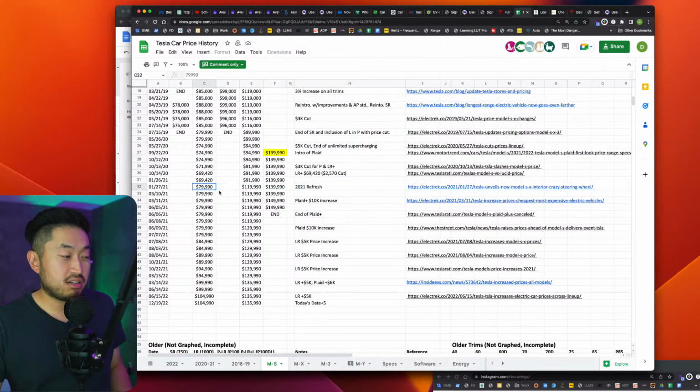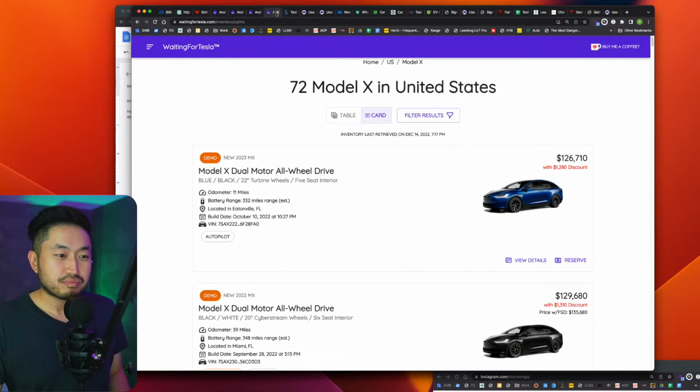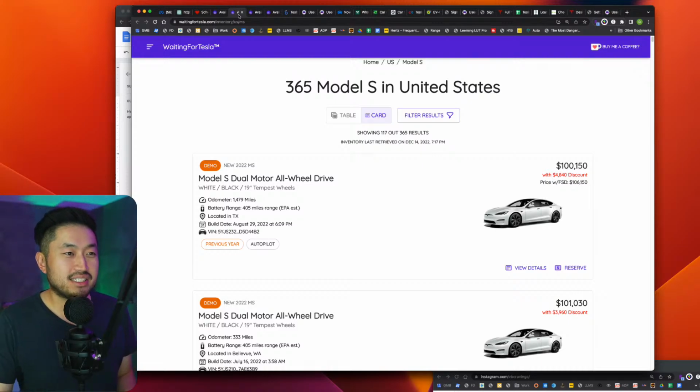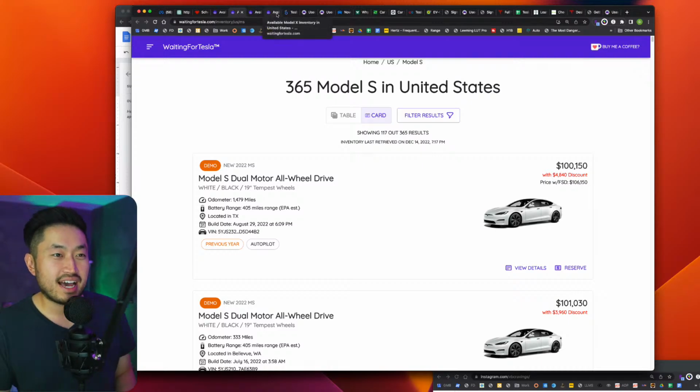So you could essentially get a base Model S for $80,000 plus taxes, tags, and fees, and it was definitely possible to do that. You could put your order in the queue and be on your way. But there's a lot of inventory. I think Tesla needs to decrease some of these prices, especially in the Model S and the X,